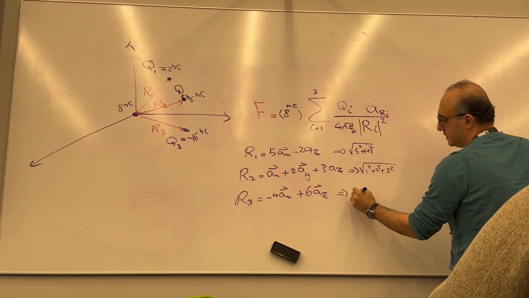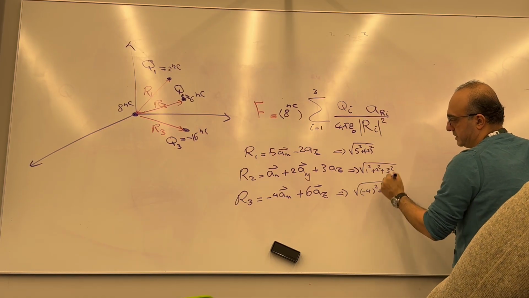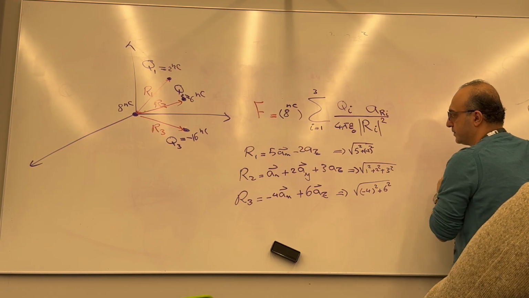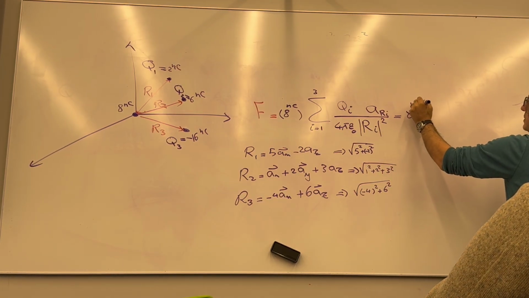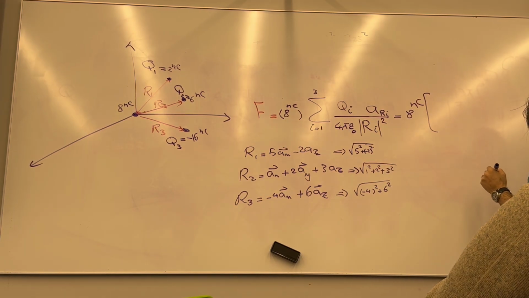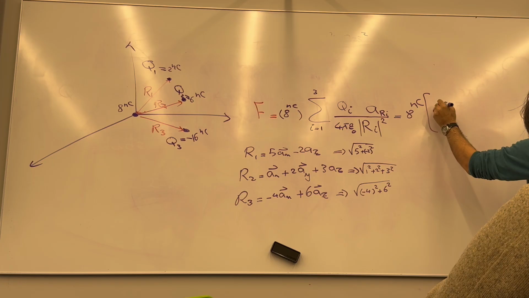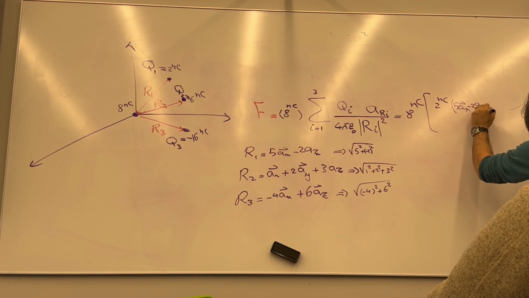And this one is minus 4 to the power of 2, which can be positive eventually, 6 to the power. Now I can say that 8 nanocoulomb multiplied with Q1 was 2 nanocoulomb. AR is 5AX minus 2AZ